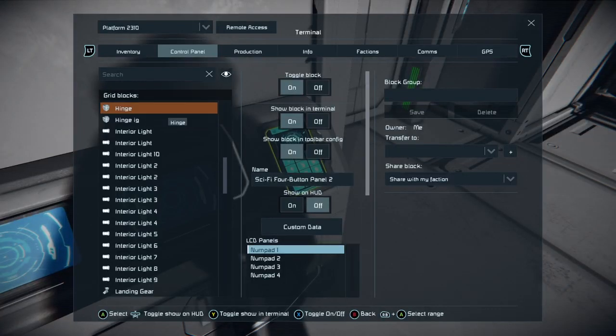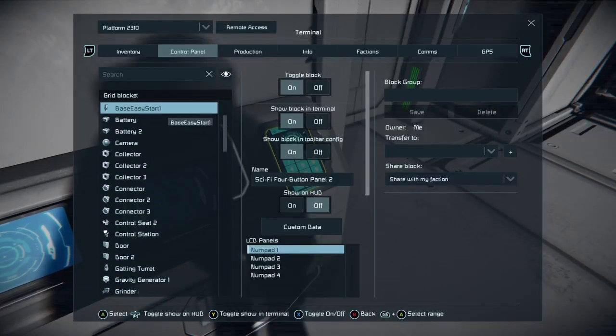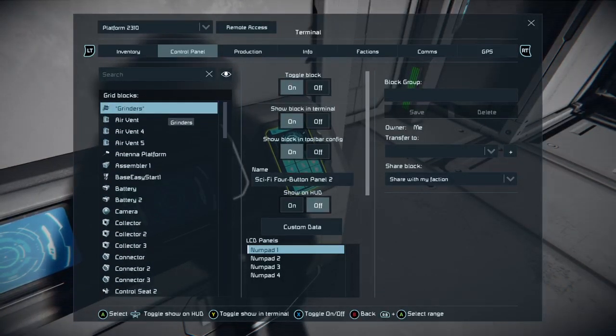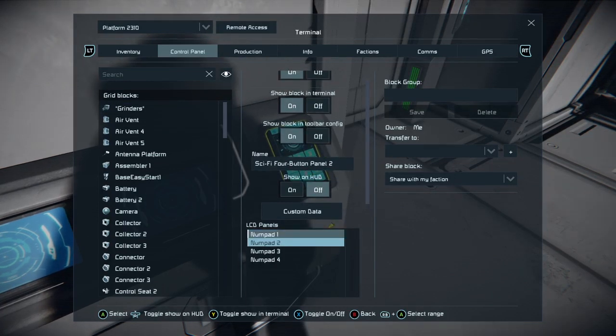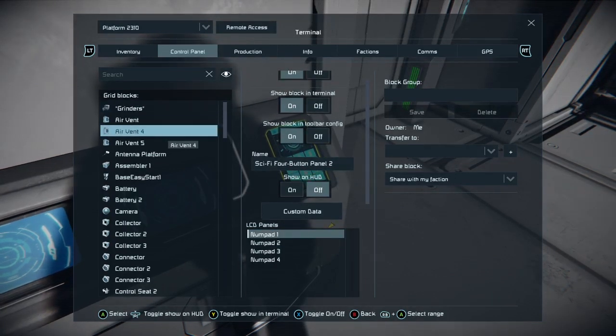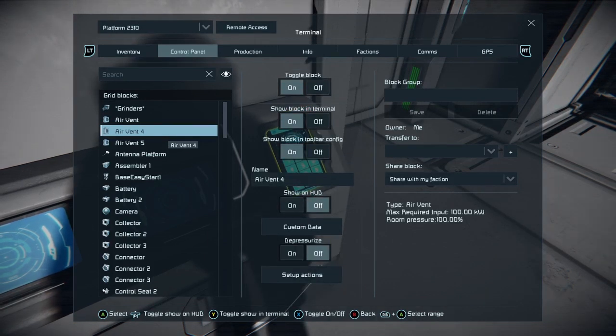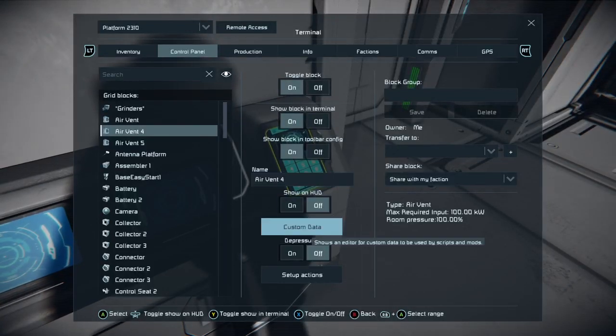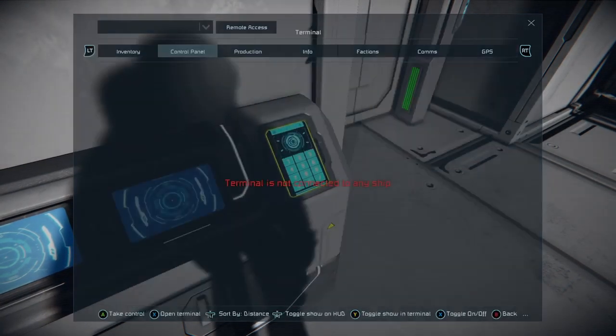Now we've got an airlock air vent. So airlock air vent will be 4 because this is on the same grid as our other air vent. So this one should be the one we want.